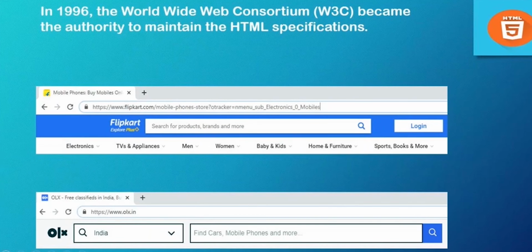One more thing: on any website you can see the starting protocol, HTTP or HTTPS. HTTP is nothing but Hypertext Transfer Protocol. I will explain these protocols in a later session, but you can see this. HTTPS is Hypertext Transfer Protocol Secure. All the websites we develop run via the internet only.